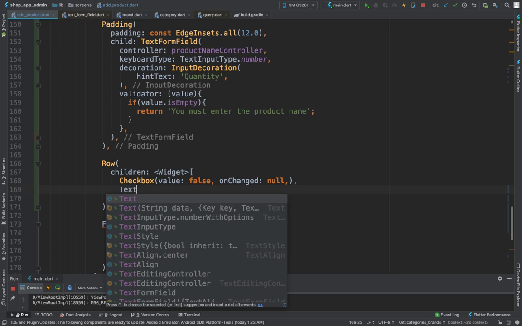S, M, L. I don't know how this is going to come off on our UI, so let's just run the app again. Small, medium, large, and